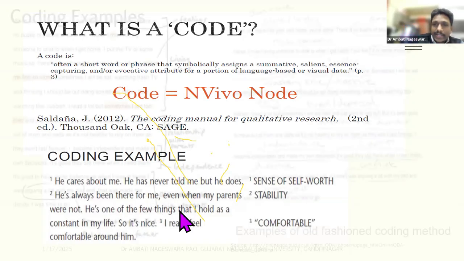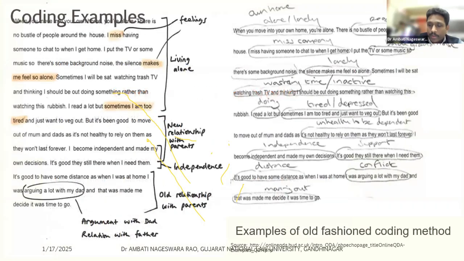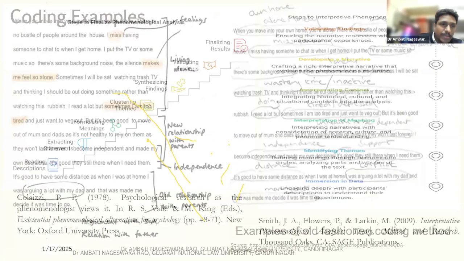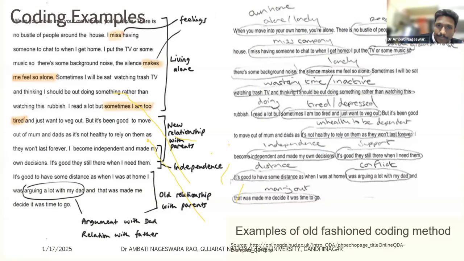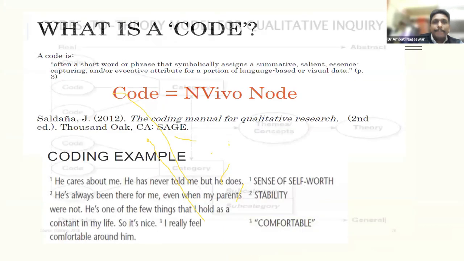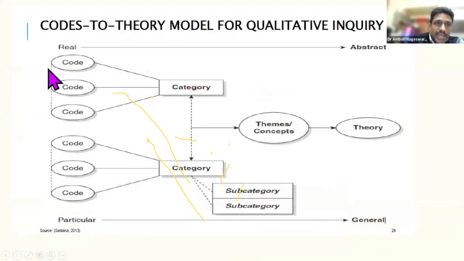Like that, we start reading the entire interview transcript. We discuss two points here. Point number one, reading the descriptions, like reading the interview transcript, whatever data that you collected. Once you start reading, once you start familiarizing yourself, you start extracting certain statements. Once you feel that these are some of the significant findings or statements, you start generating some meanings or codes. So these are some of the codes we have.